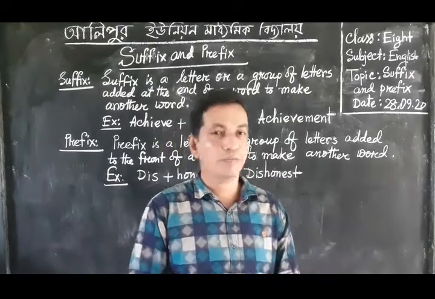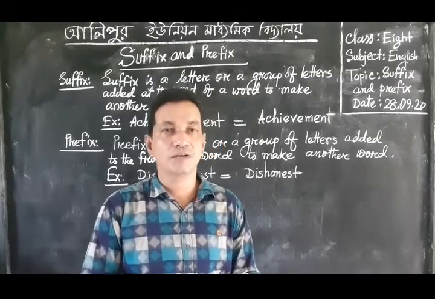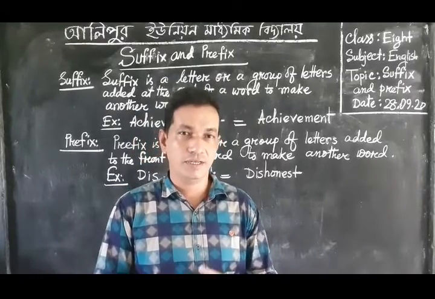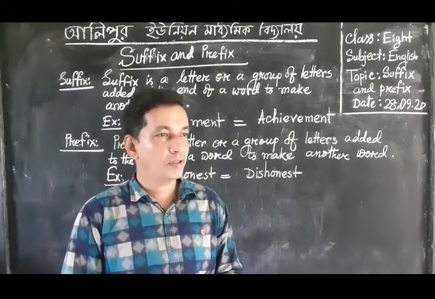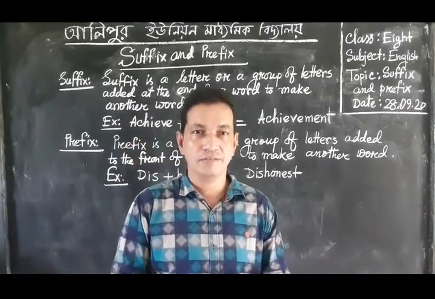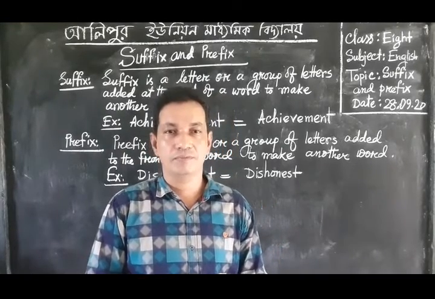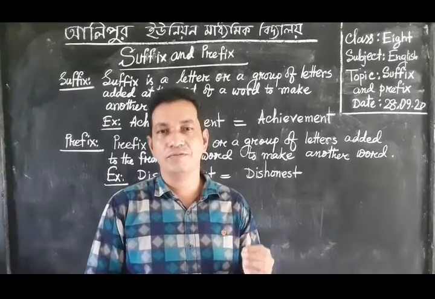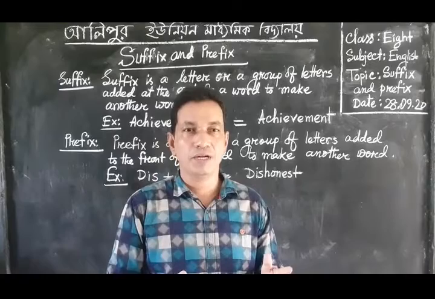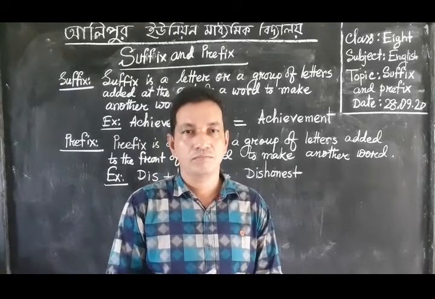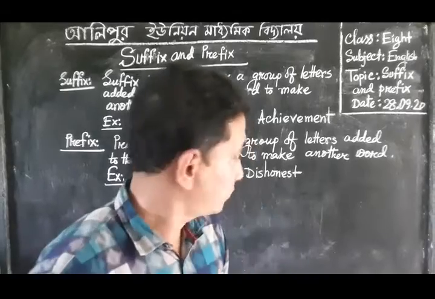There are so many part of speech, such as noun, pronoun, adjective, verb, adverb, preposition, conjunction, and interjection. There are 8 kinds of part of speech, and among them, 4 kinds of part of speech, such as noun, verb, adjective, adverb. These 4 types of part of speech should be changed into different forms of words. Okay, dear learners, suppose